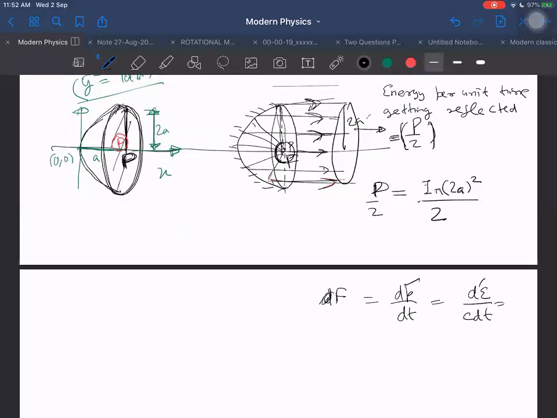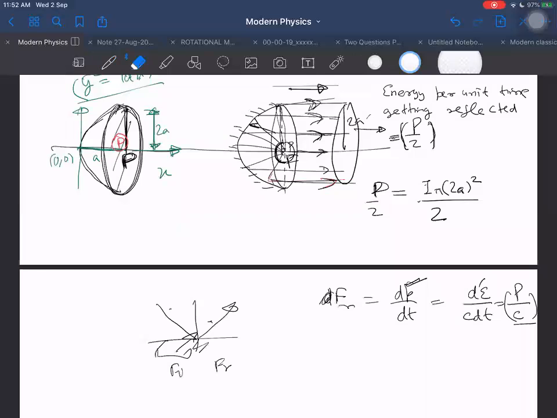Energy incident, momentum incident. It is momentum reflected this time. Then what is it coming out to be? P by C. So if I want to find force here due to the reflected portion, then it is not the complete force. It is only due to reflection, but due to incidence also there is a force. I mean, on the mirror, the force acts due to incident and due to getting reflected. Both times there is a force acting. But I am breaking into two parts. I am finding out separately force due to incident ray and force due to reflected ray. This time I am interested only in force due to reflected ray because it is easier to do that way. What is the force due to reflected ray?